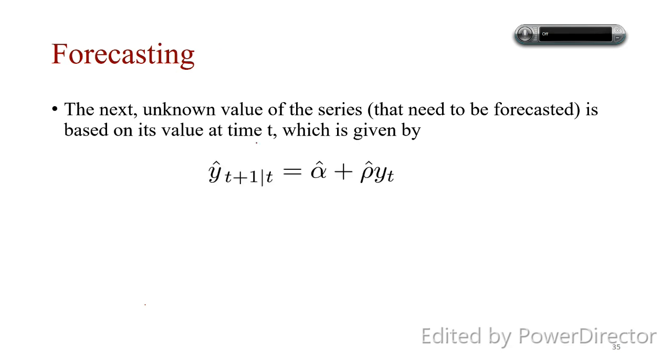As you can see, remember we used to run the regression y_t equals alpha plus rho y_{t-1} plus epsilon_t. And what we used to do is run the regression y_t hat equals alpha hat plus rho hat y_{t-1}, no epsilon_t over here. When we talk about hat, there is no epsilon_t. And basically, since we know this,